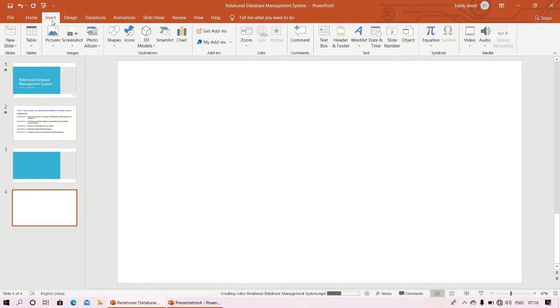So click on the insert tab and click on the picture section. Under the picture section you will find this device option. If the picture is available on your device itself, you will click on this device. And if you want an online picture, then you will click on online pictures and you can browse from Google. I am just explaining through this device option itself. So click on this device.